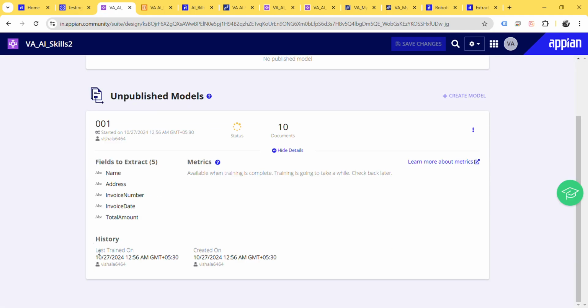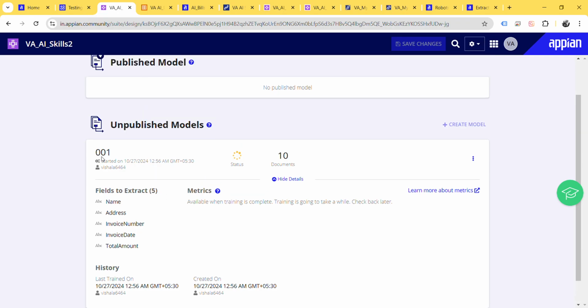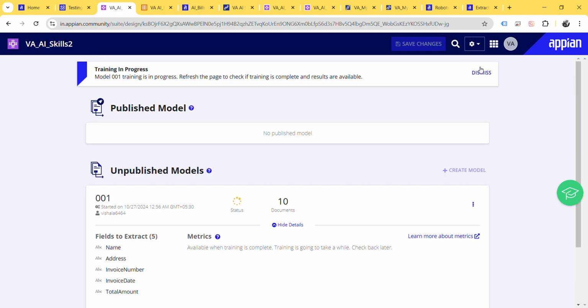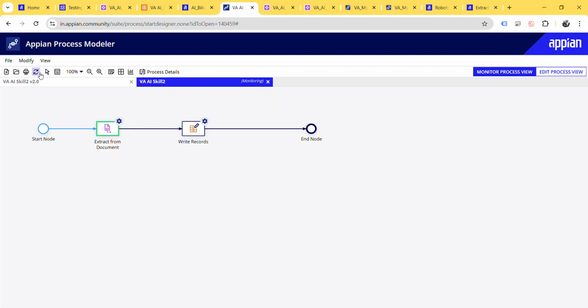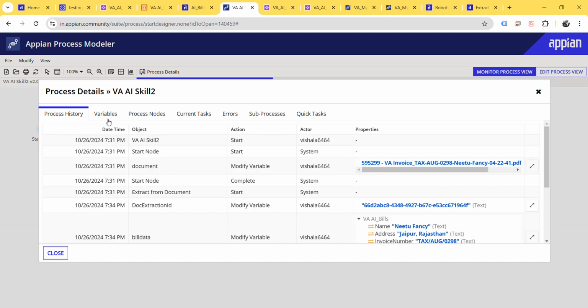See, you can check the last trained on, it will show the date, time and created on also, and the unpublished model, model name, model number, and which user is going to publish and train that model. Okay, let me check. Yeah, this got completed. See, this is completed,